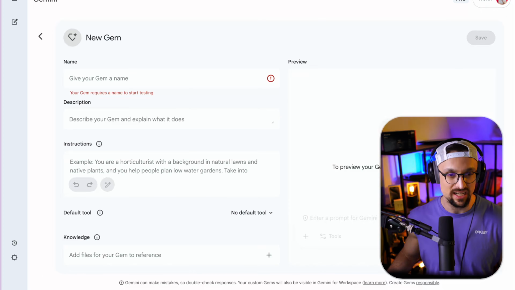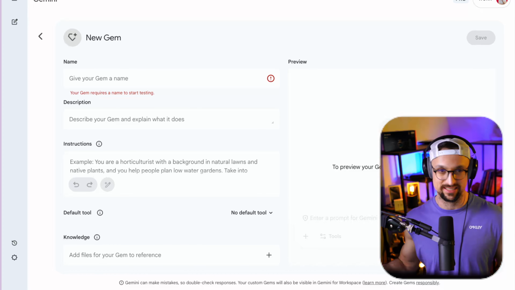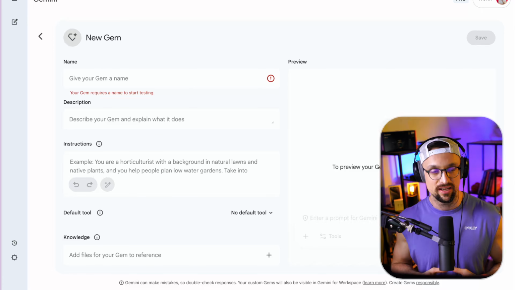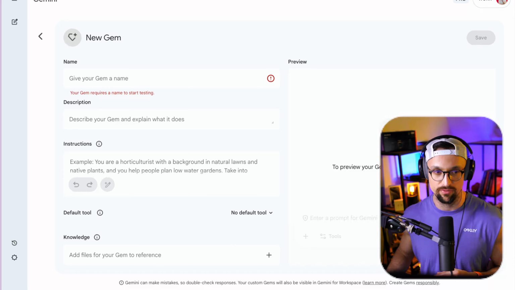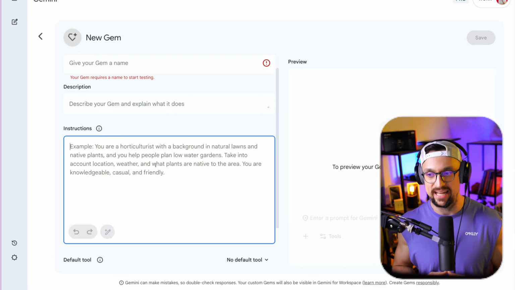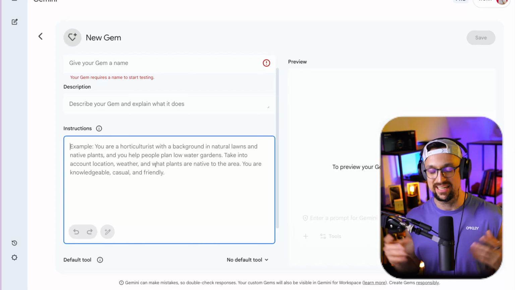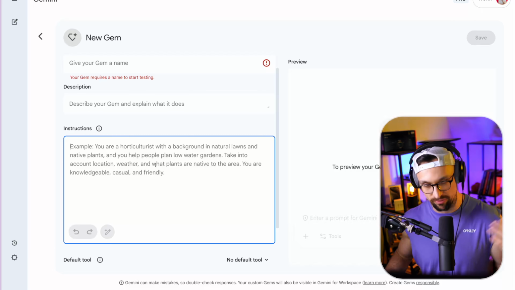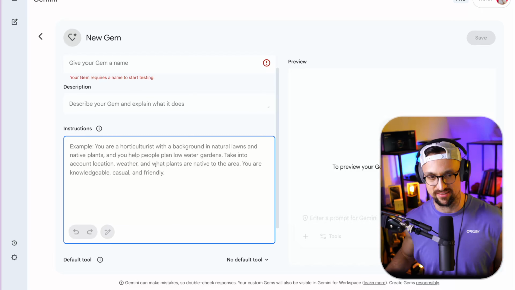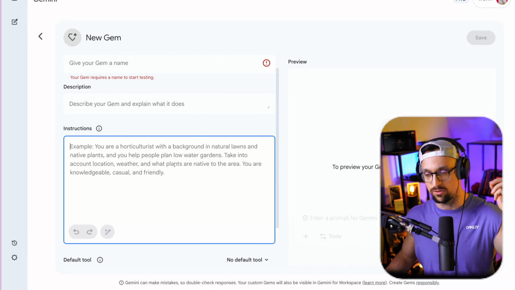threads out there. And then we have Gems, which is one of my favorites. If you are familiar with custom GPTs, this is basically custom GPTs in Gemini. And the most important thing here is to put in really good instructions, because if you put in really solid instructions, then it can actually work really, really well. Let's call it an AI assistant that's basically always on, and you just put in the prompt, whatever you want, and it creates the thing for you. It is pre-prompted, so you don't have to put in the long prompt every single time. The length, the specifications, everything is here in the instructions, and then you just put in the input, so it